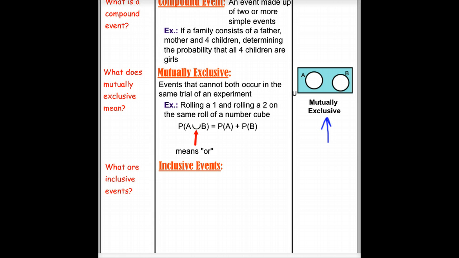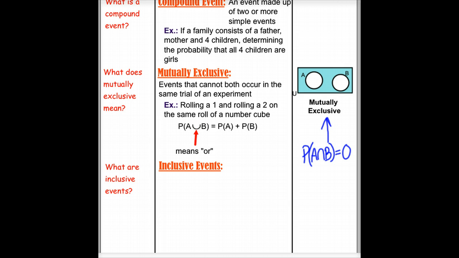So when we have events like this, the probability of A and B occurring is going to be 0 because there is no overlap. Then what happens to the probability of A union B, or A or B? That's where the addition comes in, where we take the probability of A and the probability of B and